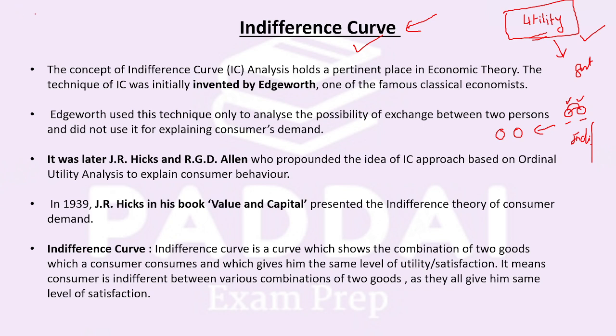So like, if there is a kid who likes ice cream and likes chocolates. In a combination, let's say I am giving him 10 ice creams and 10 chocolates. He is satisfied. He is happy because he is getting 20 things. Now what I am doing is making it 5 ice creams and 15 chocolates. Still he is happy because he is getting 20 goods to eat. Then now I am changing it to 15 ice creams and 5 chocolates. Still the satisfaction remains the same.